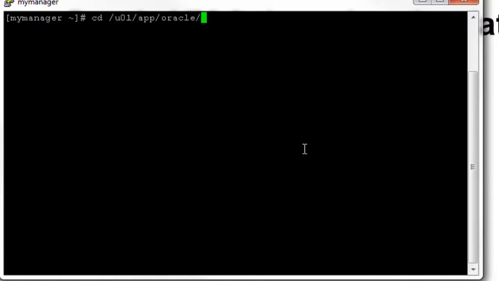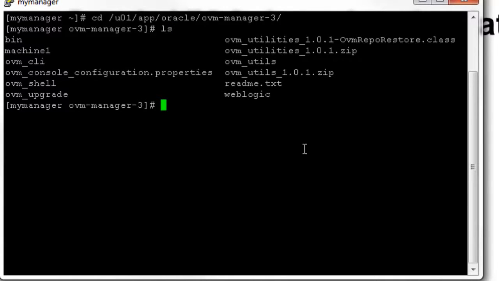Oracle, a lot of things reside here. So /u01/app/oracle/ovm-manager, and then once you're in here, if I do a list, you'll see quite a few directories here. The OVM CLI is here, the shell is here, upgrade, which is the tool we're going to use, and utils are here. Anyway, we're going to cd into bin,